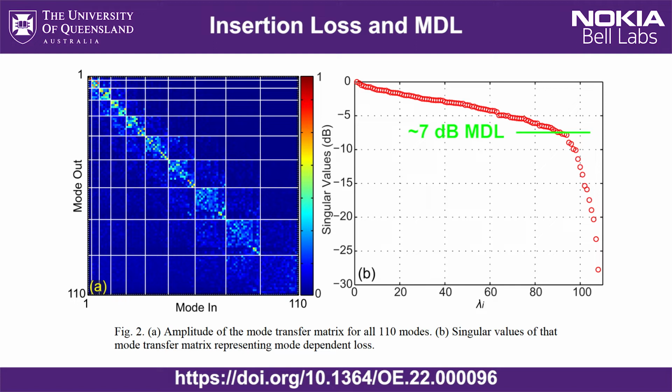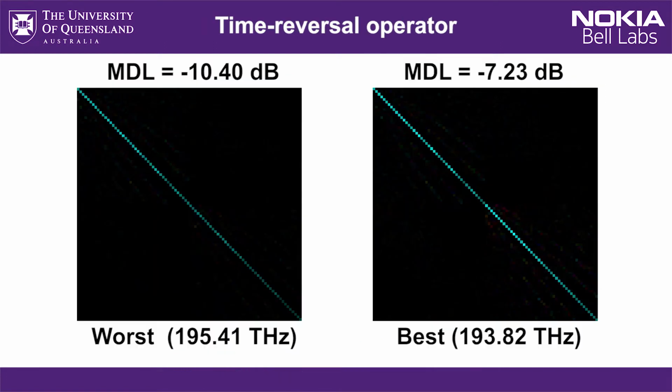It's a very harsh measurement, and it always finds the worst possible case scenario. So you really can't hide anything from it. Probably plots that are a bit more intuitive if you're not used to doing the singular value decomposition and working with mode-dependent losses is to take a look at the transfer matrices multiplied by their complex conjugates, so the time